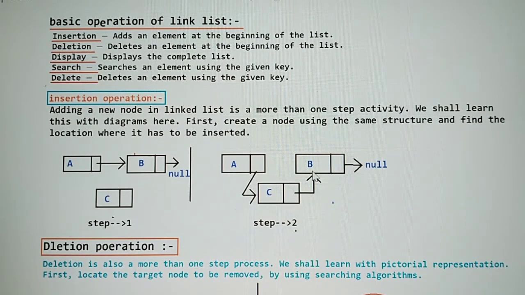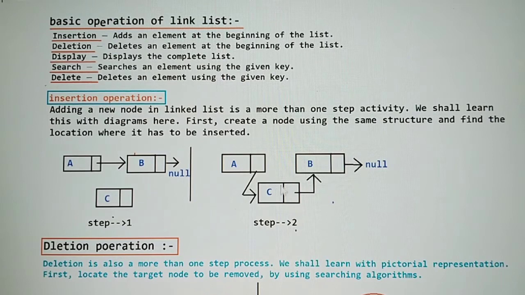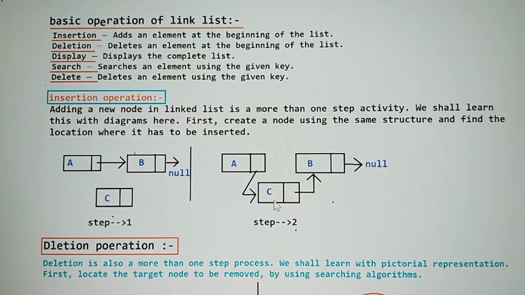So that is step 2, and here you can see that it goes to null because it is inserted in the middle position. You can insert in the first or last position, but I show you the middle position because all of the operations are covered here. If I inserted at the first position, it also indicates the first location. So it is clearer for you, because the middle operation also contains all of the operations.